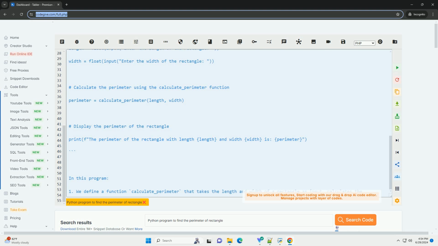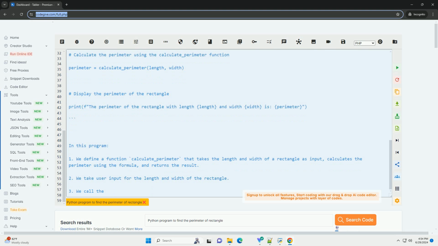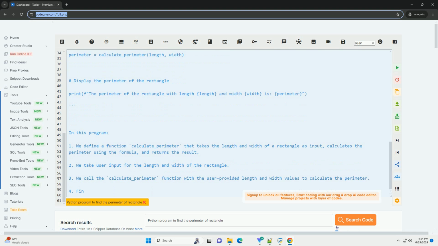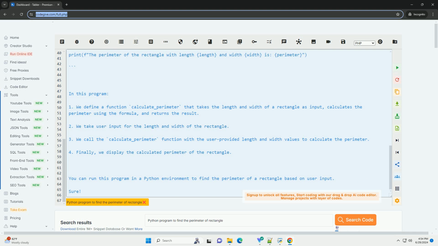To find the perimeter of a rectangle, you can use the formula perimeter equals 2 * (length + width). Here is a Python program that takes user input for the length and width of a rectangle and calculates its perimeter. In this program: